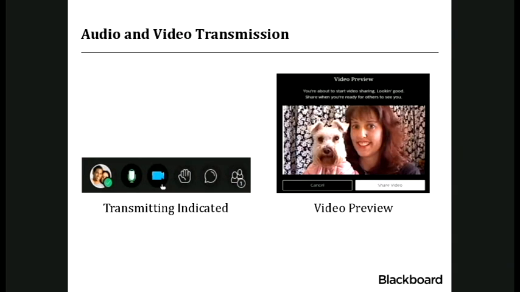And when you initiate it, you're immediately taken over to a video preview. Here you see myself and my fur baby, Ginger. And you're going to be able to say, yes, this is good. I'm okay with sharing this out, or no, I prefer not to, and you can back right out of it. It is really crystal clear about letting you know, hey, we're just in preview mode. No one else can see this yet. All right,